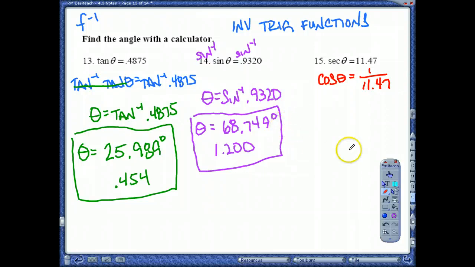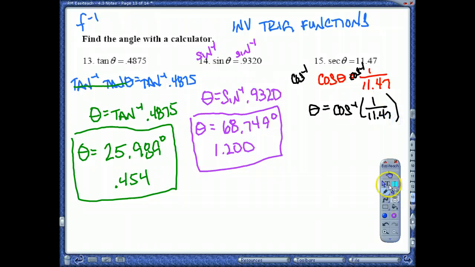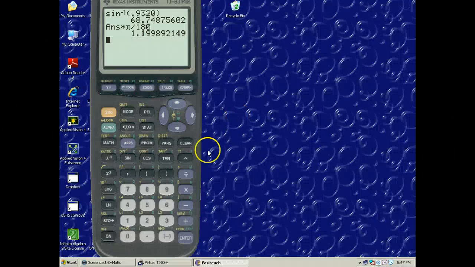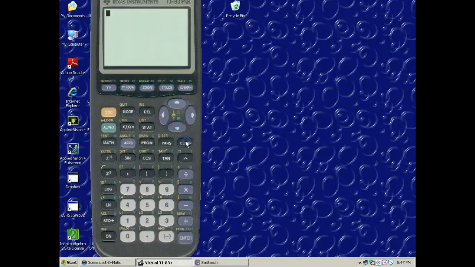So now I'm going to inverse cosine both sides. So I've got theta equals inverse cosine of 1 divided by 11.47. Okay, so let's put that in our calculator. Okay, let's say we forgot to take the reciprocal of the right side and I put in 11.47,